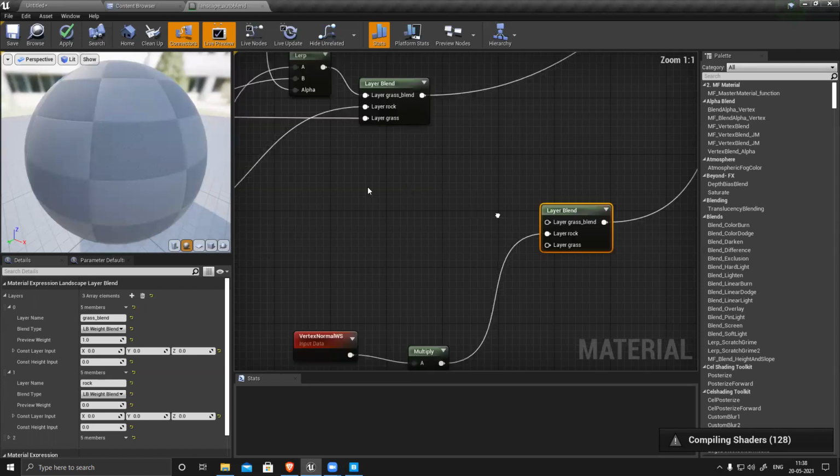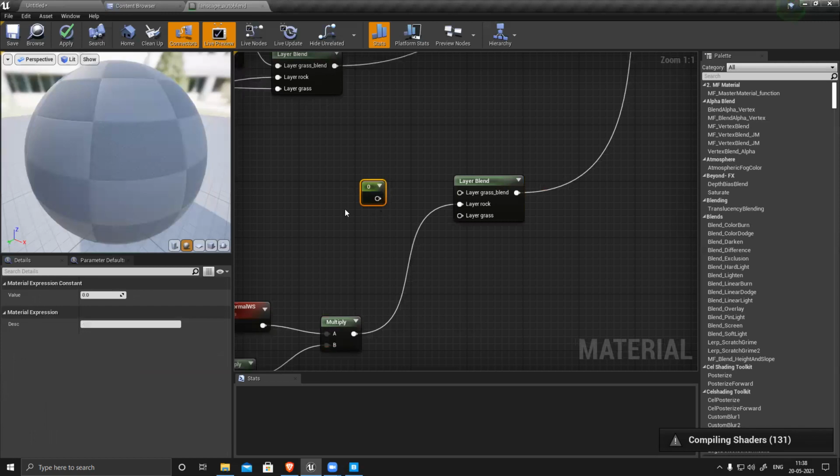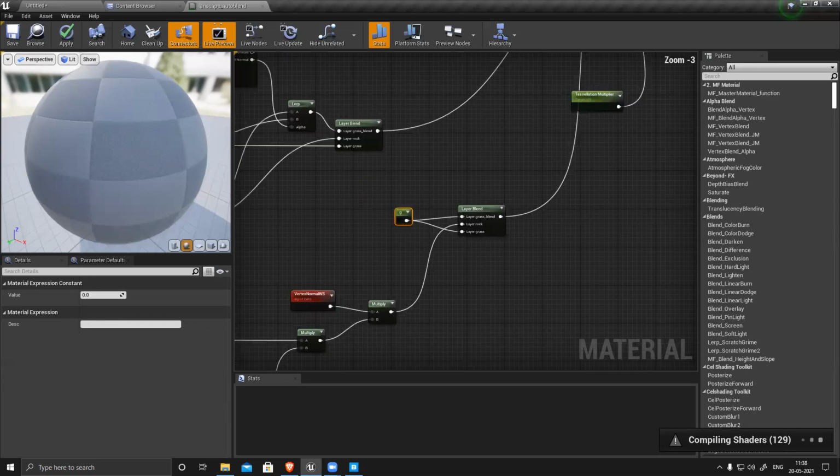So what I can do, press 1 and left mouse button, you can create a constant, and value is 0. That means there is no input for these two layers. Only and only the rock layer is active.